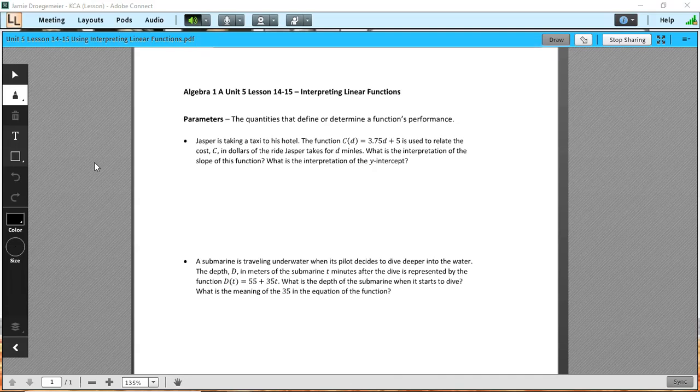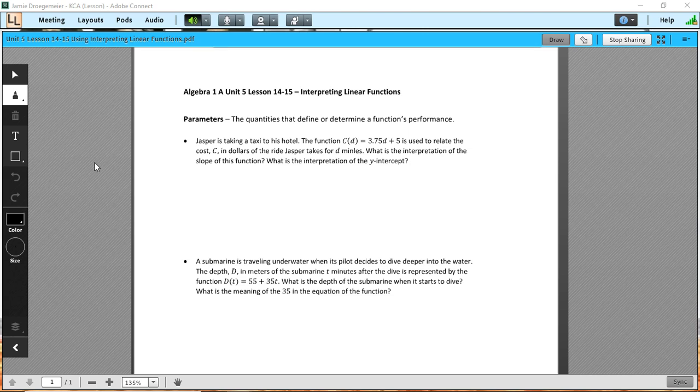Today we are in Unit 5 looking at lessons 14 and 15, interpreting linear functions. So again, a lot of these last few lessons have been about how we can use the information from linear equations, linear functions, to interpret and to solve problems. In this